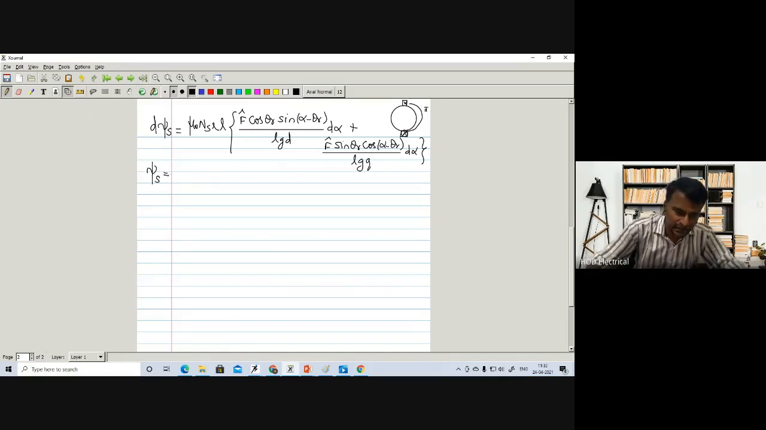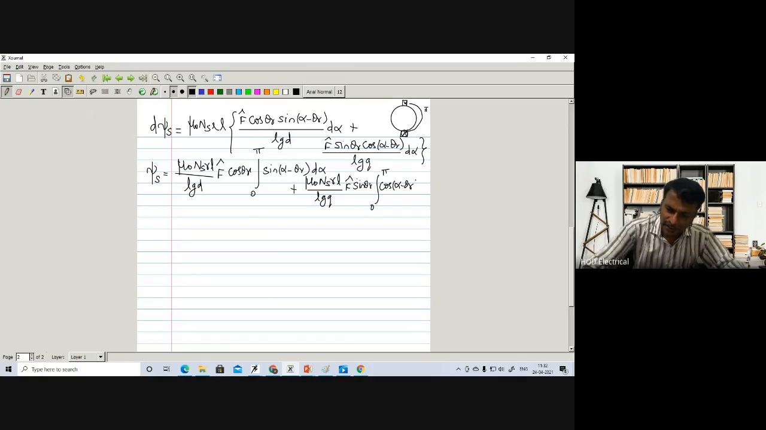Therefore, psi s is nothing but mu naught ns r L divided by LGD into f hat into cos theta r, the integration of 0 to pi sine of alpha minus theta r into d alpha, plus mu naught ns r into L divided by LGQ into f cap into sine theta r into the integral 0 to pi cos of alpha minus theta r into d alpha. So from this, psi s can be written as,